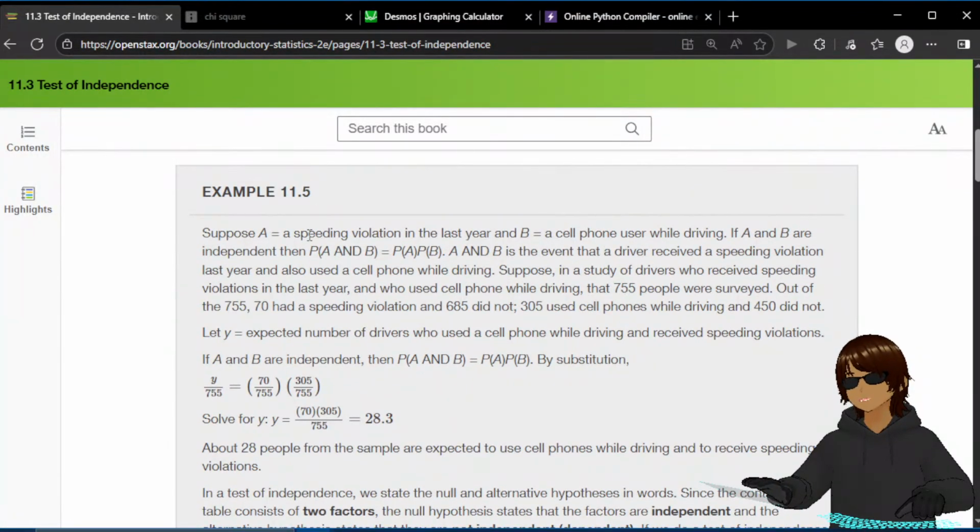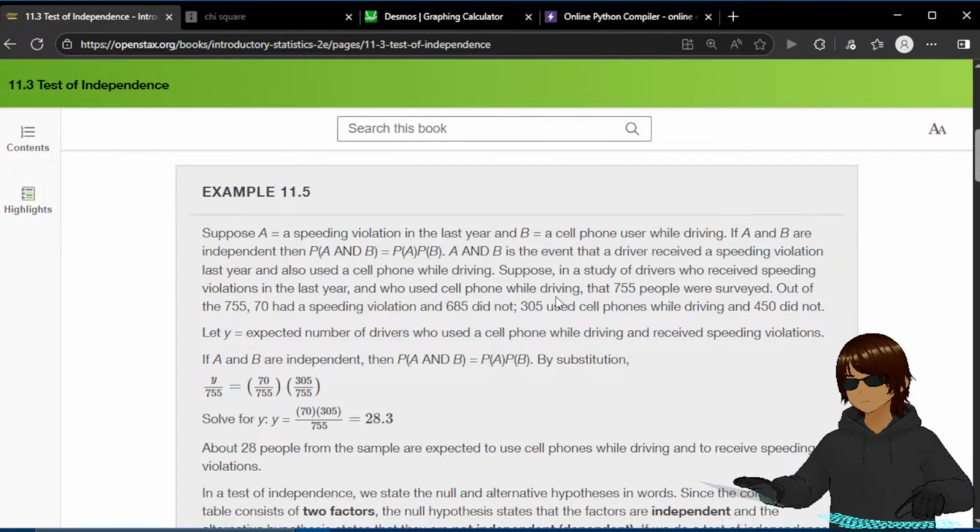Suppose A is a speeding violation in the last year, and B is a cell phone user while driving. If A and B are independent, then the probability of A and B is equal to the probability of A times the probability of B. A and B is the event that a driver received a speeding violation last year and also used a cell phone while driving. Suppose in a study of drivers who received speeding violations in the last year and who used cell phones while driving,